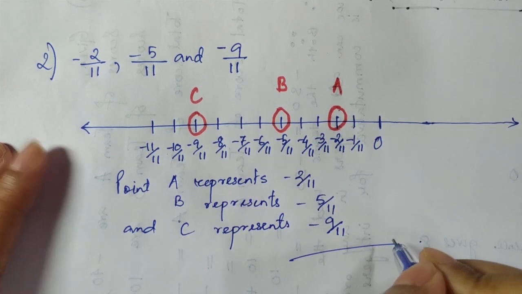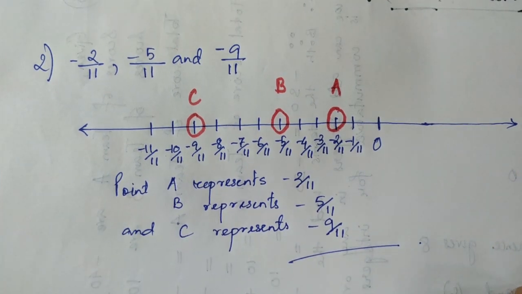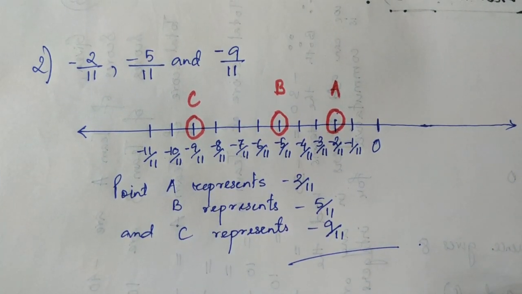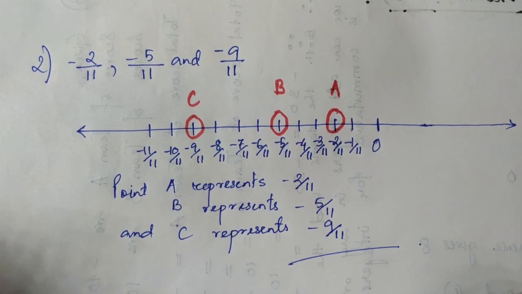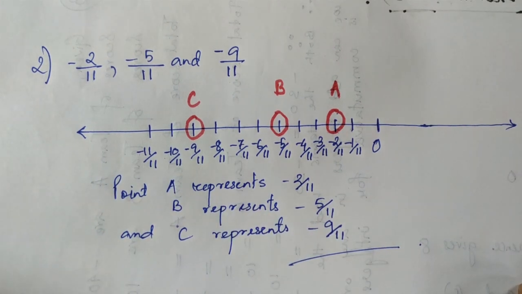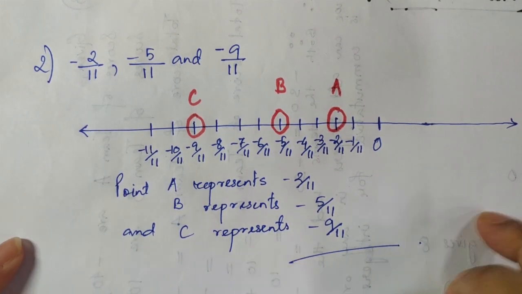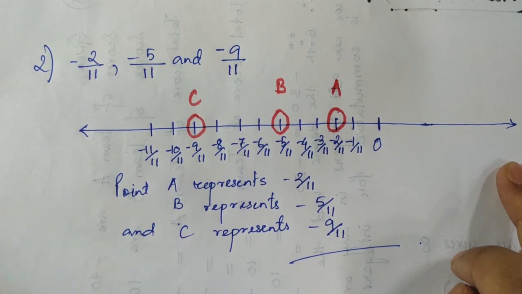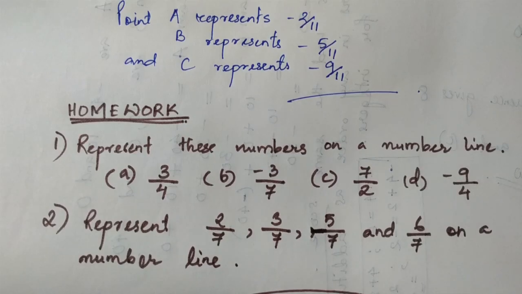Okay, so these are the only two questions in your textbook which are given as representation of rational numbers on a number line. You have to try more sums to make it very clear. So I'd like to give you a few extra questions which are not given in your textbook so that you can try it out as your homework. I'm going to write it down here so you can view and do the sums carefully.